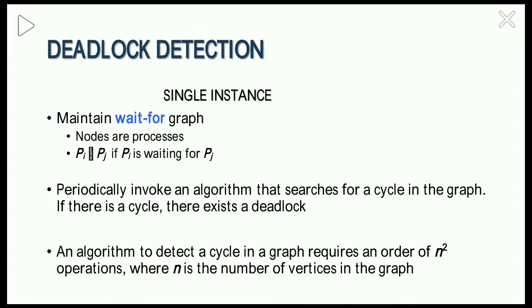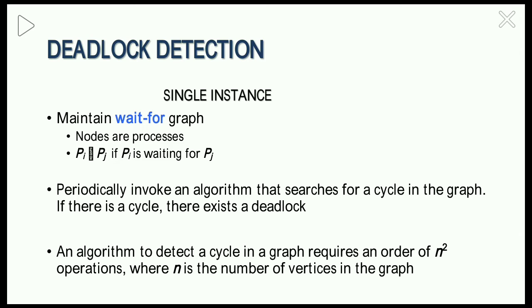In this video we are going to learn about the deadlock detection algorithm. In the previous videos we have seen about the deadlock characteristics, avoidance, and Banker's algorithm. So here we are going to learn the detection algorithm for the single instance and multiple instance types. Deadlock detection for a single instance of a resource type and for multiple instances of a resource type is very different. We can detect deadlocks using the wait-for graph for a single instance resource type, and using the detection algorithm for multiple instances of a resource type.